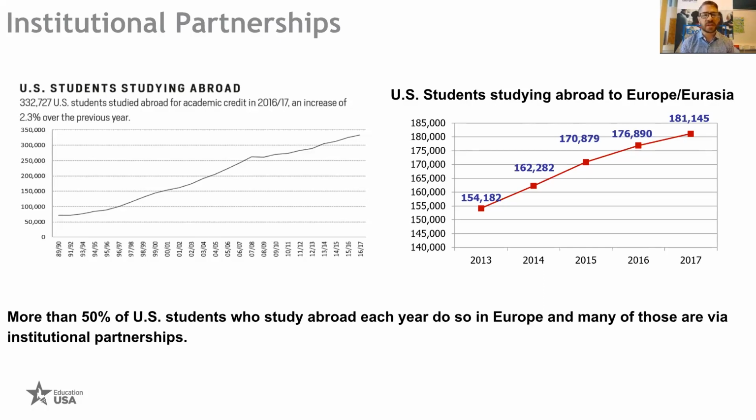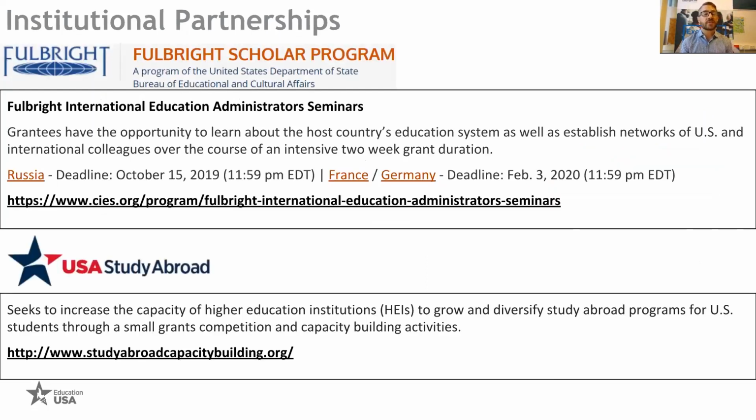And I bring that up at the beginning because that's a very solid foundation from which to develop new institutional partnerships and to revise and update existing institutional partnerships. And as we'll discuss in a few minutes, sometimes those institutional partnerships on both the European side and the US side are the entry point from which you can get access to funding opportunities for mobility, collaborative research programs, and other things. Next slide, please. So when thinking about these opportunities, these are just a few examples to bring to your attention.